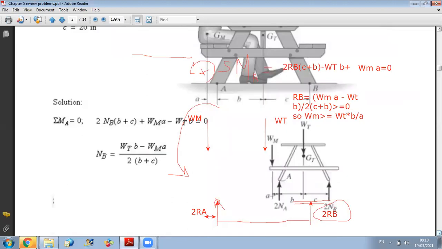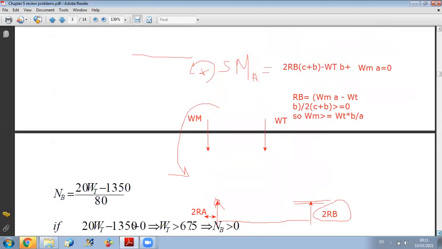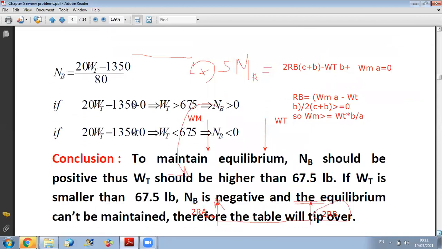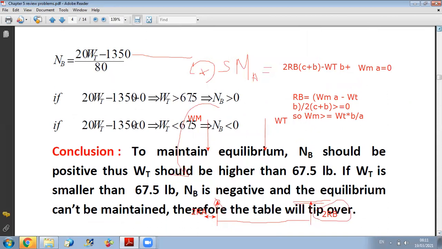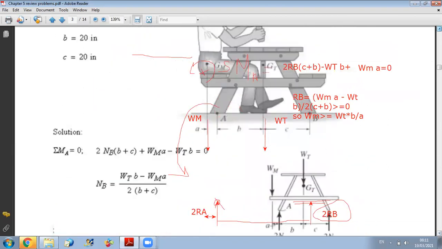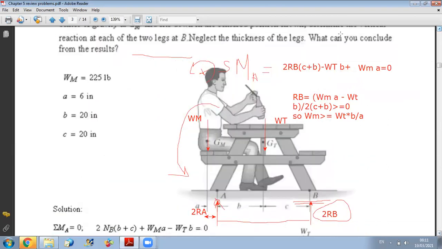So here we can see the result, and the conclusion is that to maintain equilibrium, WT, you can do the analysis in two ways, or it depends on what they gave you. Here they gave us the weight of the man, okay? So since they gave us the weight of the man, we can find the condition for the weight of the table, okay? So the weight of the table then should satisfy the condition that